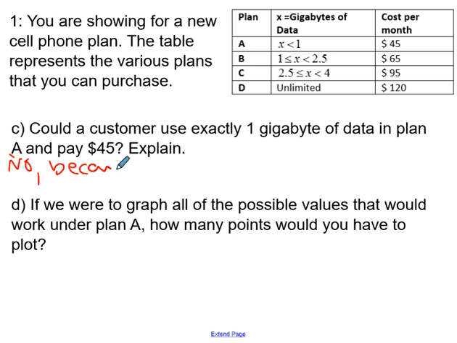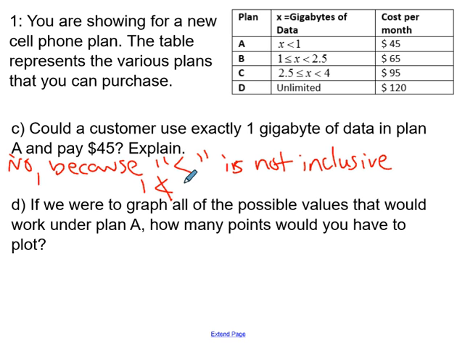because the less than symbol, put that in quotations, less than symbol, is not inclusive. So that means that 1 is not less than itself. That doesn't make any sense, right? So if you use exactly 1 gigabyte of data, you should either switch to plan B or you're going to be paying overage charges. Question D says, if we were to graph all the possible values that would work under